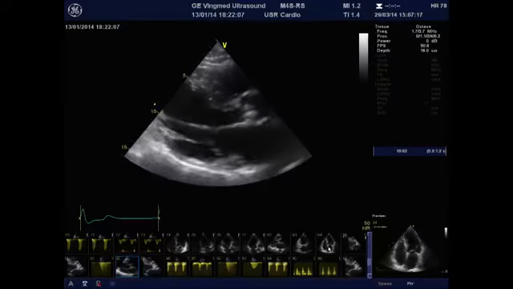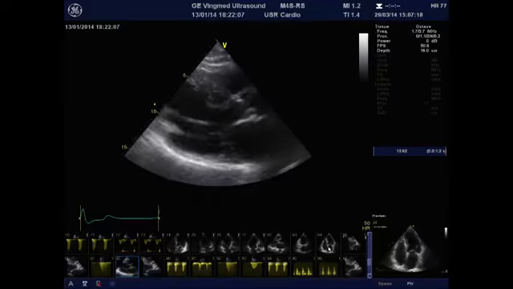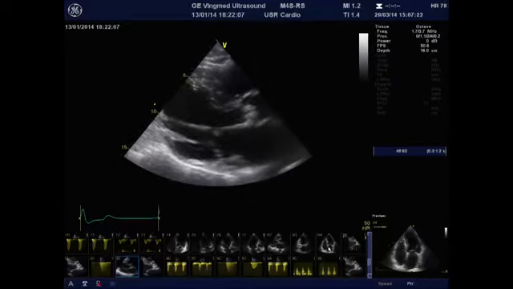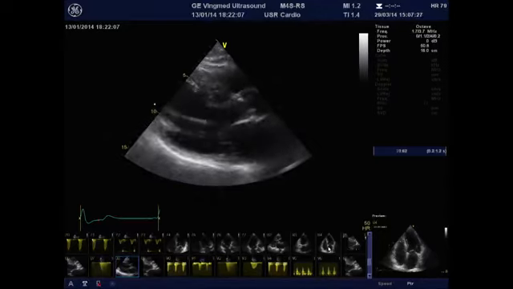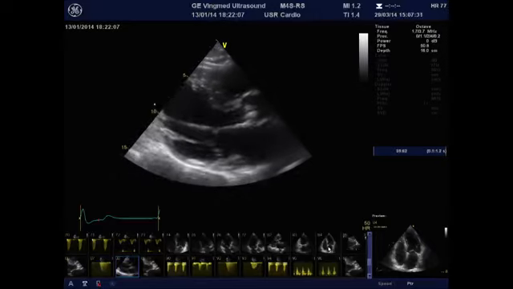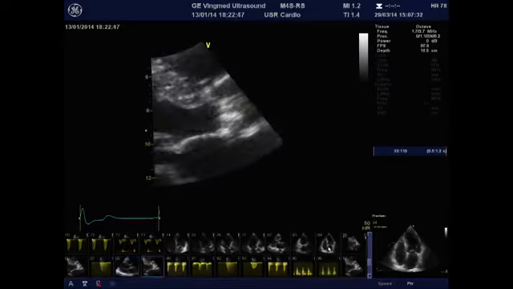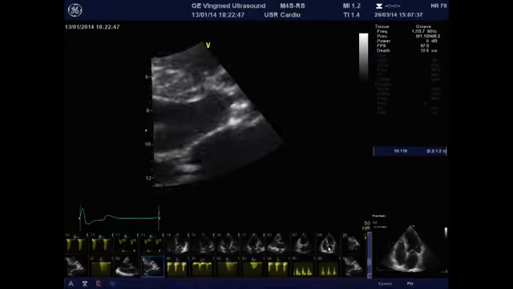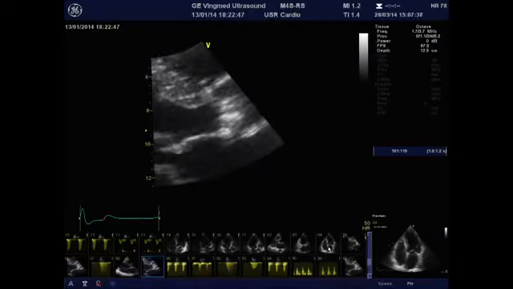So let us start with this parasternal long axis view, where we can clearly see that there is depressed left ventricular ejection fraction and a posterior akinesia, but you can also notice that there is some problem with the aortic valve. And zooming on the aortic valve, we can clearly see that it is calcified with a reduced opening. I will now go on the apical view,